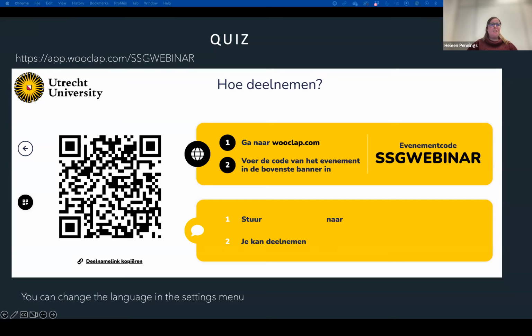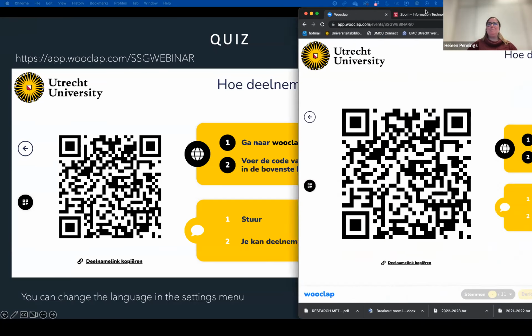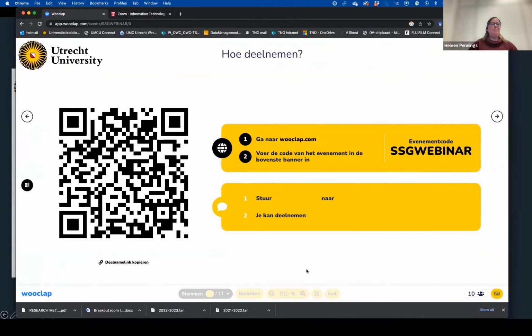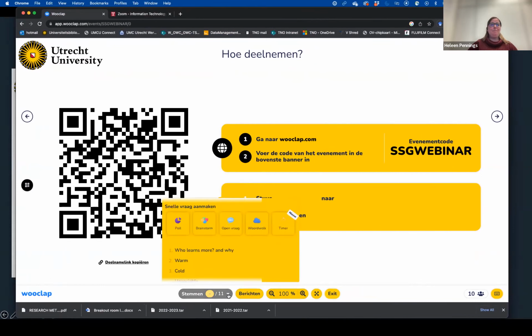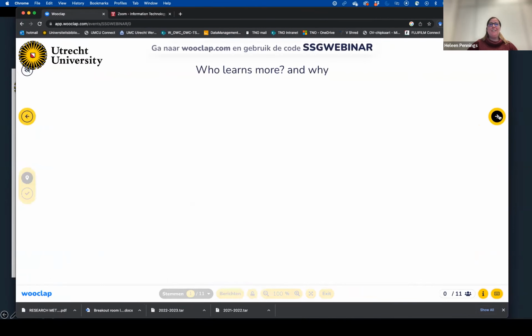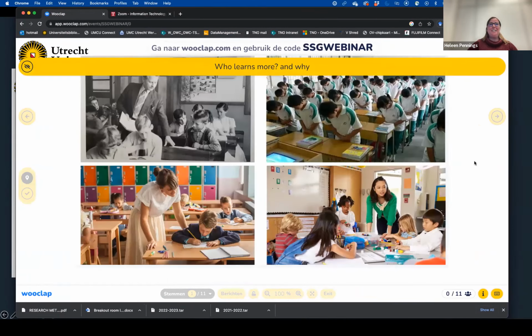You can change the language settings at the settings menu, because I was aware that this is all in Dutch, but I couldn't find how to change the default language. So the question is, who learns more and why? Just think about the why. You can click one of the pictures to make a choice.